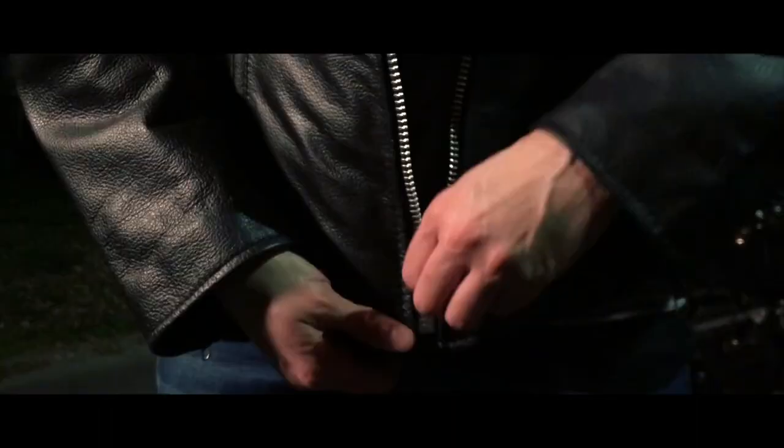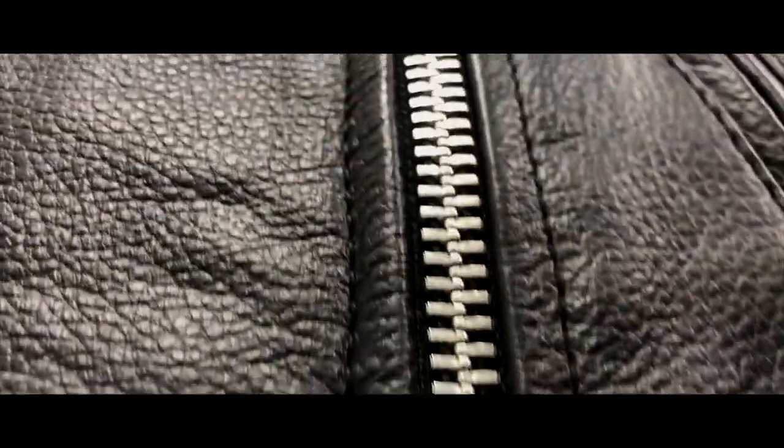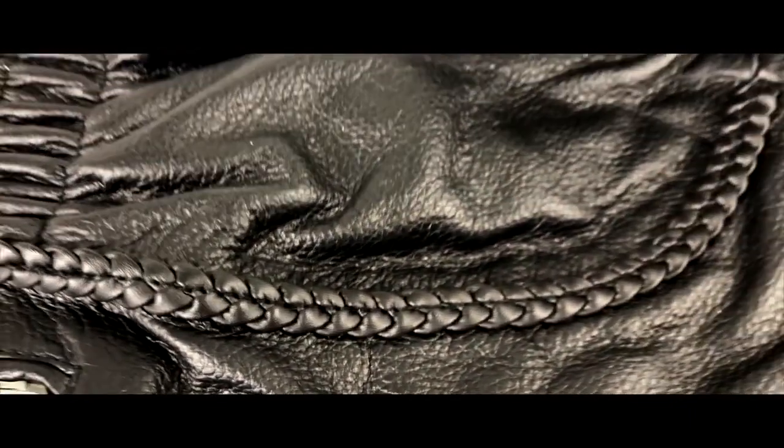It has durable zippers on the front pockets as well as up the front of the jacket, and is made from genuine leather. The jacket has a vintage design with a little braided section down the front, just for that